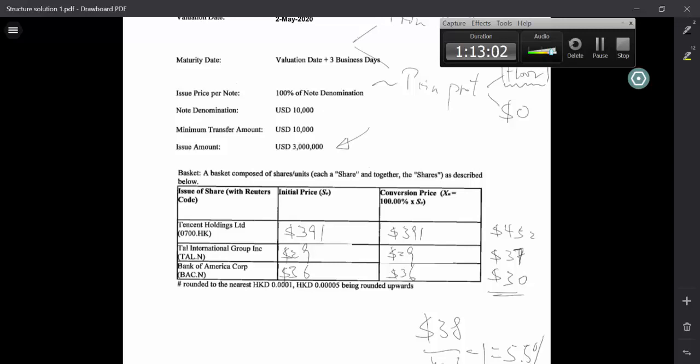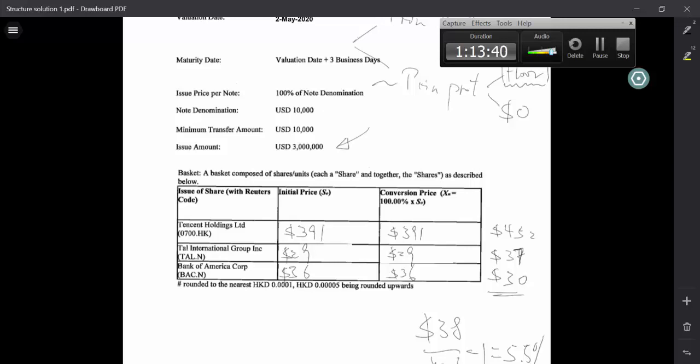That's question 1. Now, question 2 is related. Question 2 is, if I give you 2 baskets, and they have the same number of stocks, but they are different stocks. Basket 1, the stocks are highly correlated. Basket 2, the stocks are not highly correlated. In fact, they might even be uncorrelated or negatively correlated. Which basket will require a higher